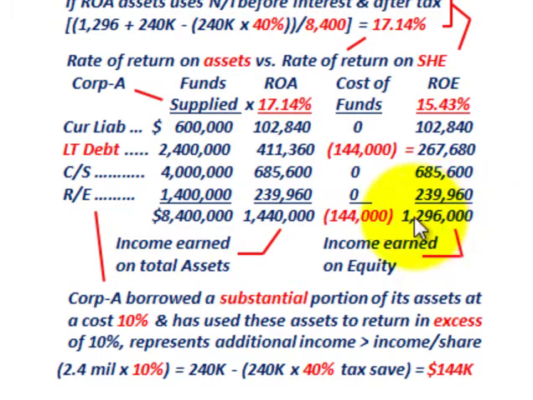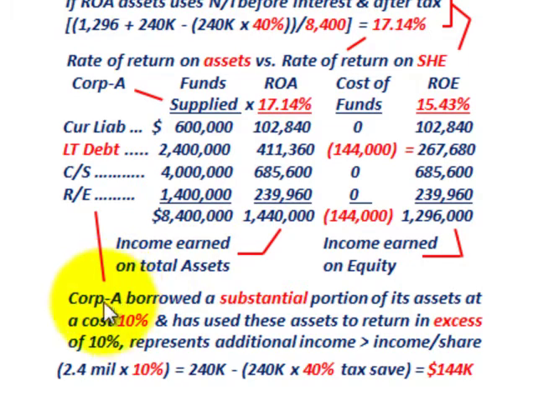So here we got $1,296,000. That was the net income for Corp A. That would be the return on equity, and that's the income earned on the equity. So here would be the total assets, here's the total equity, and we had to figure in those cost of funds reduced by the tax on them. Okay, so what are we really talking about here? What are we taking off